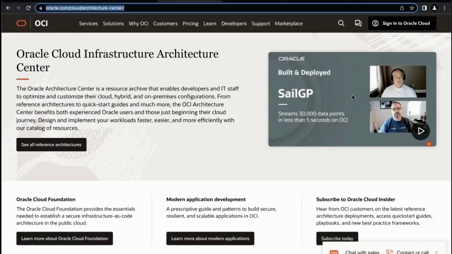Again, as you're progressing through the cloud, these are things that you need to take advantage of from your provider, from OCI. We're really trying to make sure that you're ready and stable, and that you have the best experience operating in the cloud that we can ensure that you have.